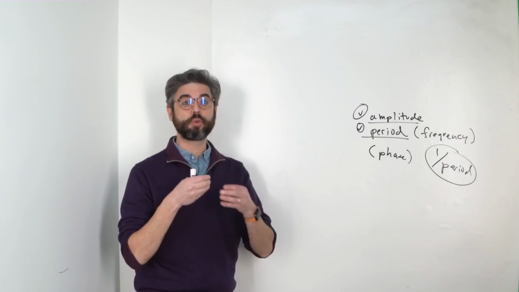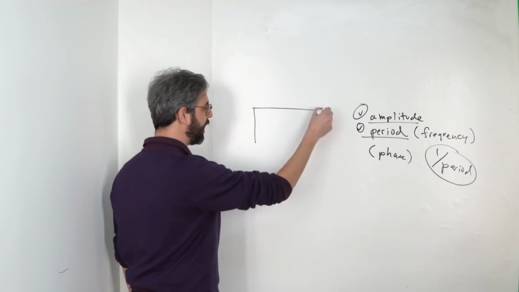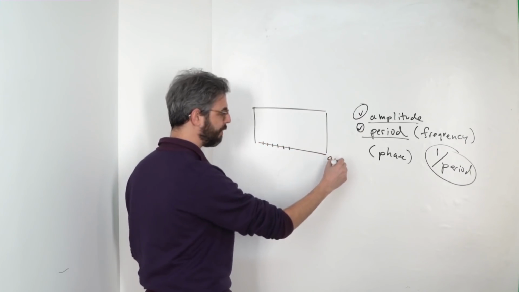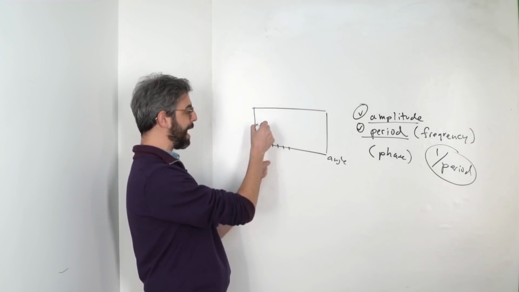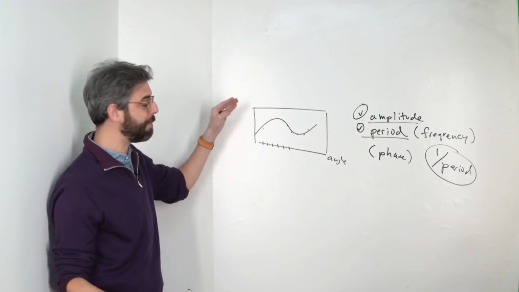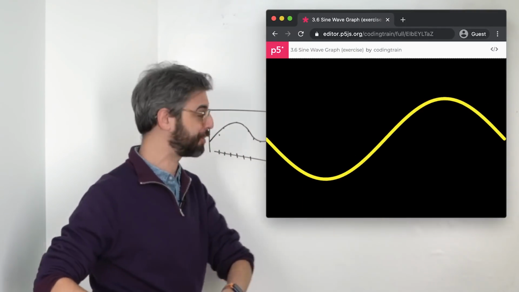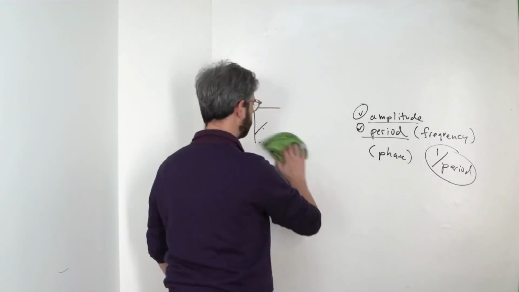Well, if I wanted to graph a static wave, what I would do is consider in a p5 canvas every x pixel to be an angle value. And then I would calculate the sine of that angle and map that to some y value. And I could say beginShape, endShape, vertex, vertex, vertex, and connect them all. I have an example that I'll link to in the video description that does exactly that. But I'm going to do this in a slightly different way.